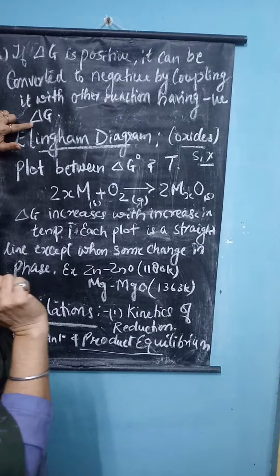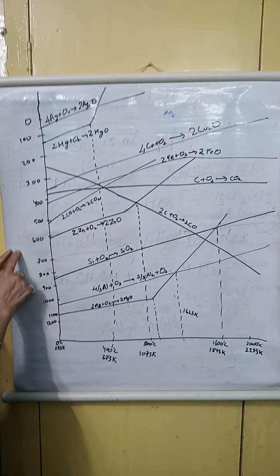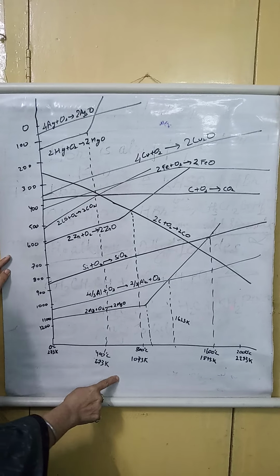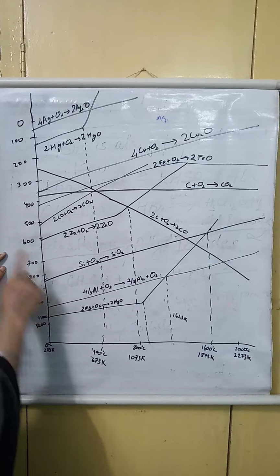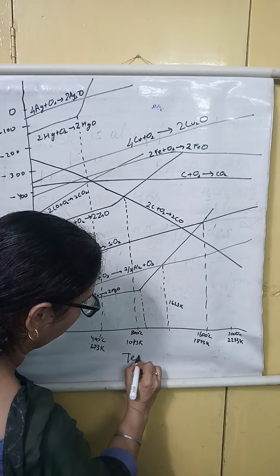Now this can only be understood with the help of the Ellingham diagram. This is the Ellingham diagram. This diagram is between ΔG and temperature. This is the value of ΔG, and this should be negative. Here it is ΔG, and this value is always in the negative. That means if ΔG is negative, ultimately the reaction is feasible. And this side is temperature.